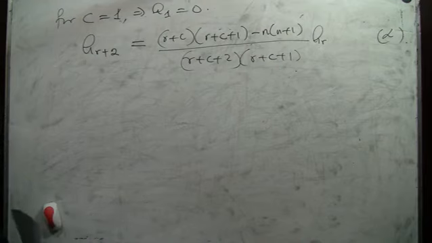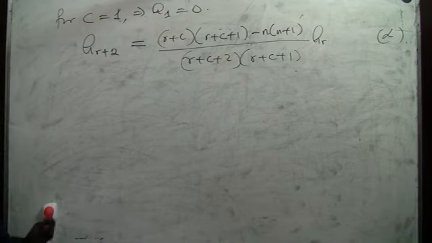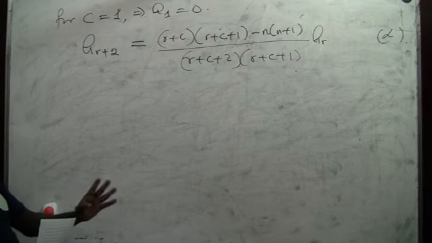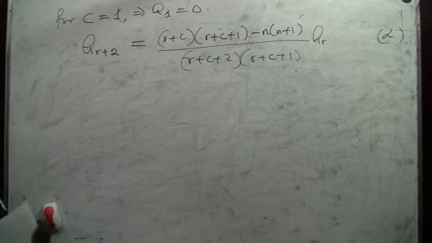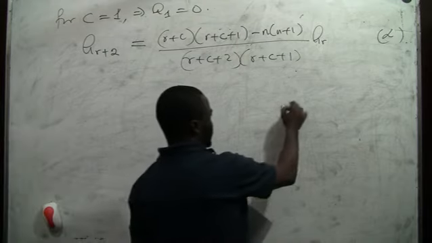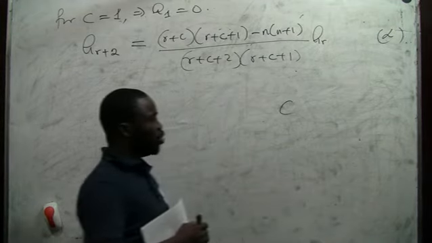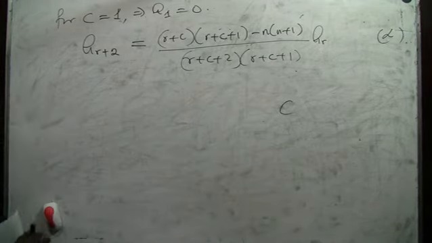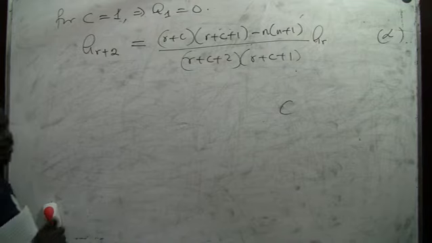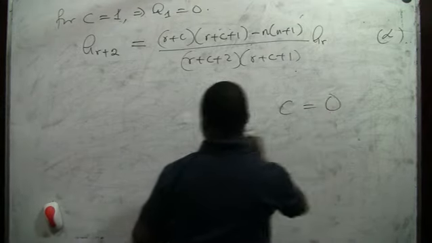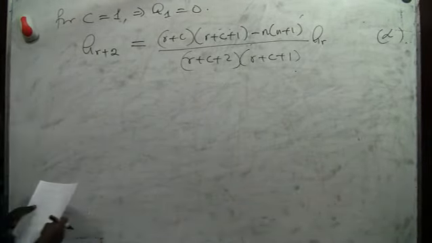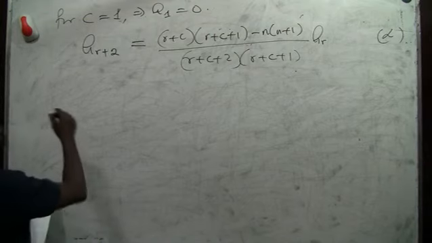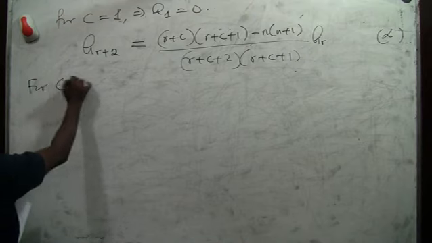Now, you will observe that one of our initial roots results in A1 being undefined. In that case, the C that makes A1 undefined will give birth to the two solutions, and that C is C equals 0. So I will go with C equals 0 in order to obtain the two solutions. Now, for C equals 0,